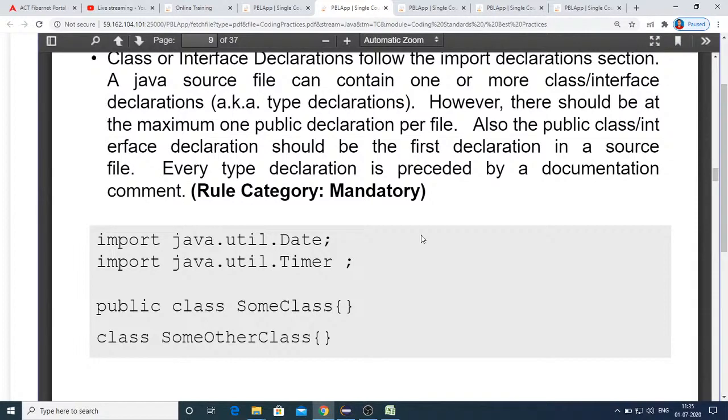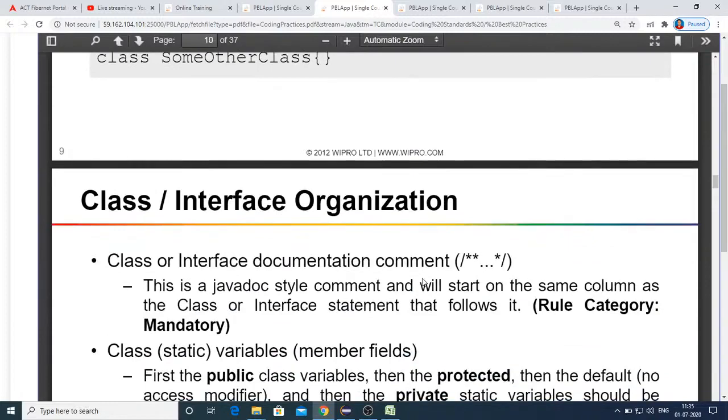Whatever names you use for a class or interface, they should be nouns. Whereas for methods you will be using verbs. Even though you would know this point, it's my responsibility to reiterate. So when you are naming your classes or interfaces, each and every word's first character will be a capital letter, and they will be nouns.